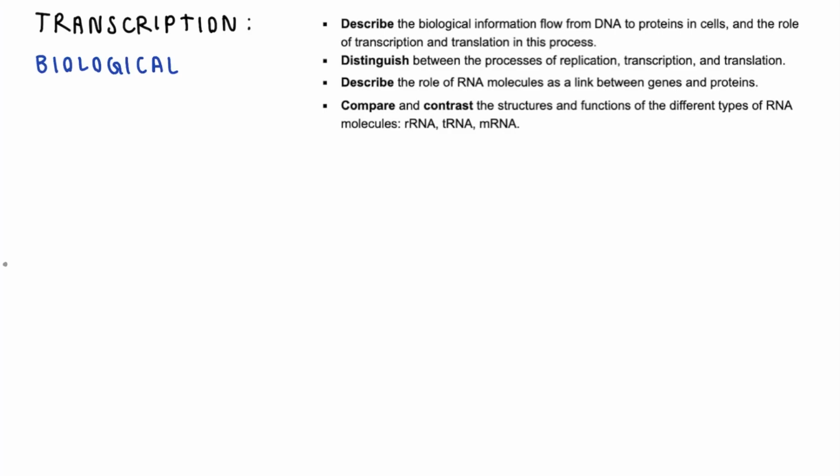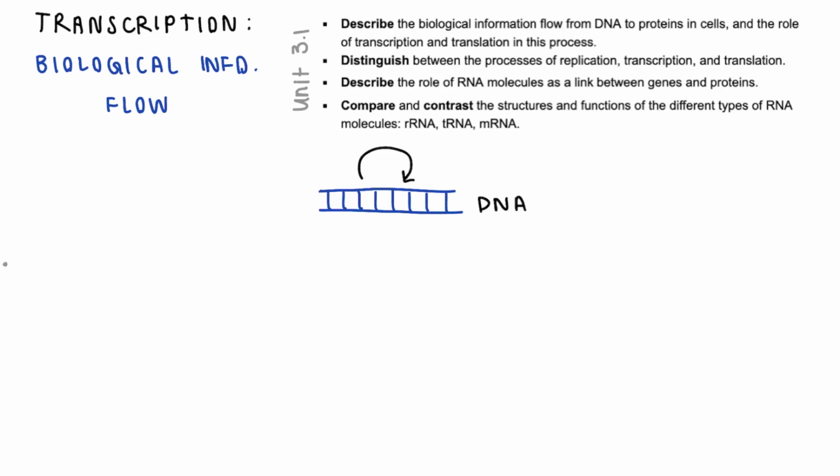To start off our video on transcription and gene regulation, we're going to be looking at biological information flow. This is basically the conversion of DNA, which we've always learned is the blueprint of life, into protein, which basically make up everything. They can be structural proteins such as spider silk, they can be catalytic enzymes, and so many other things. We start with DNA, and as we saw in my previous video, the multiplication of DNA is DNA